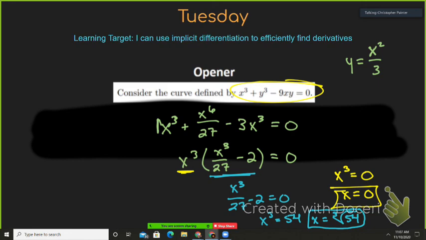I have kind of just a minor algebra question. So in our middle term, when we substituted